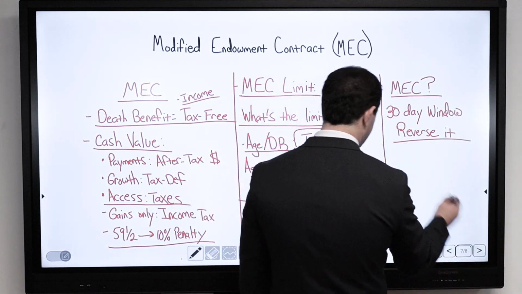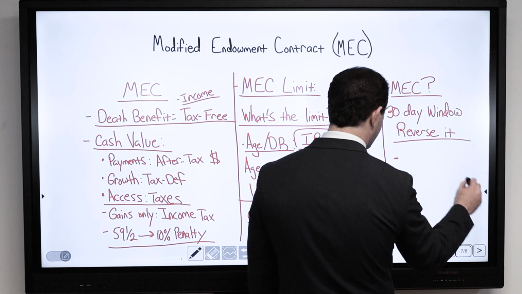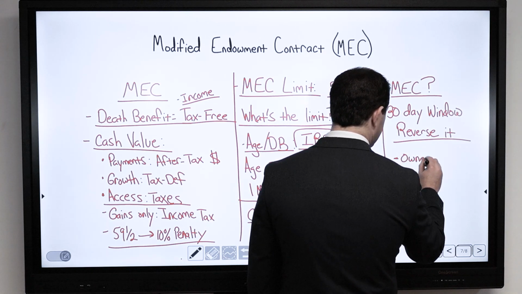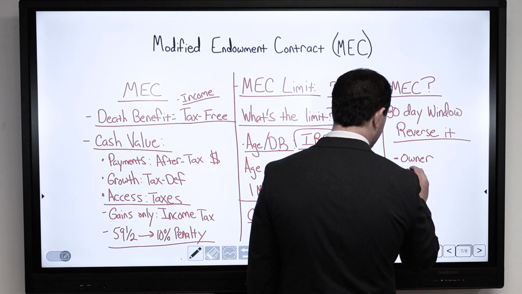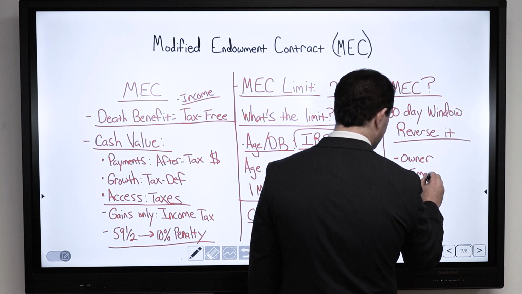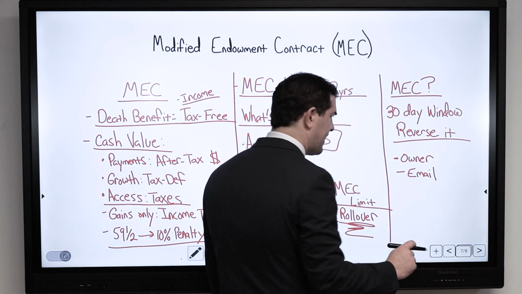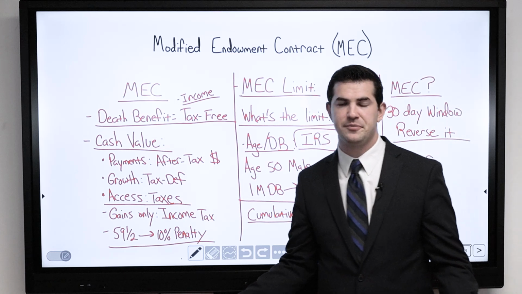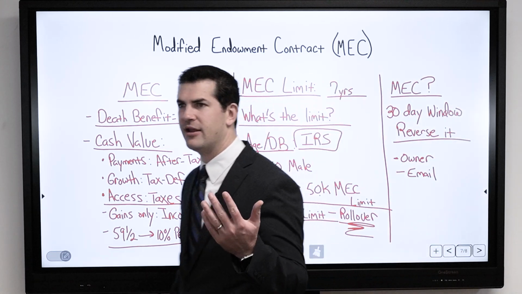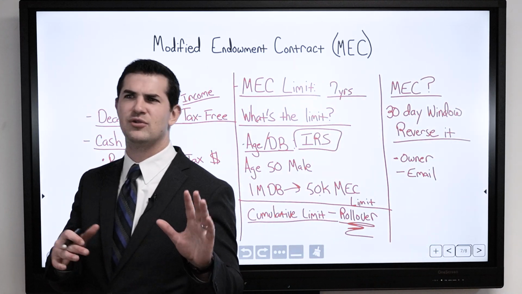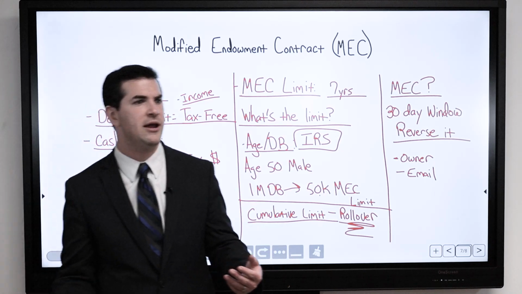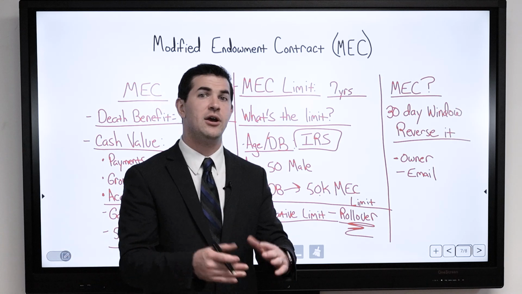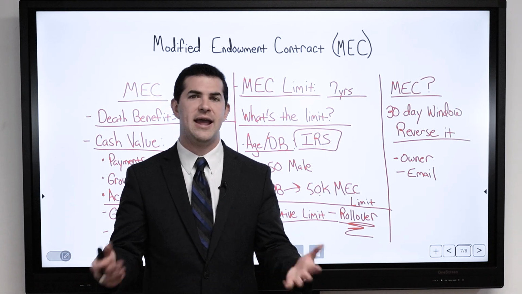One company actually comes to mind here: if you trigger a MEC, the policyholder, the owner, must notify the company, and this can be through an email, stating that the MEC was an accident. Say I just added too much money by accident. That's happened. I can count probably on one hand the number of times it happened, maybe 6 or 7, but it happens sometimes. We pay in more money. I thought I had more MEC space, or I ran into a good problem. I try and pour funds in and triggered a MEC. Hey, no problem.